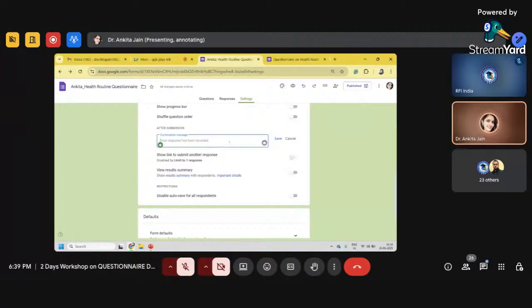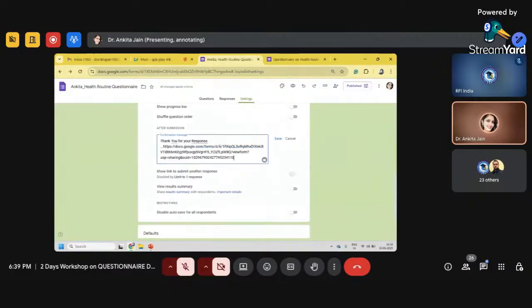Okay, again, here you can also set the confirmation message that whenever you submit the form, you can see your response has been recorded. But for example, I want to say thank you for your response. Or for example, you are filling a form for registration or something, or you want to keep a link here, for example a WhatsApp group link or something, you can put it here. Okay,